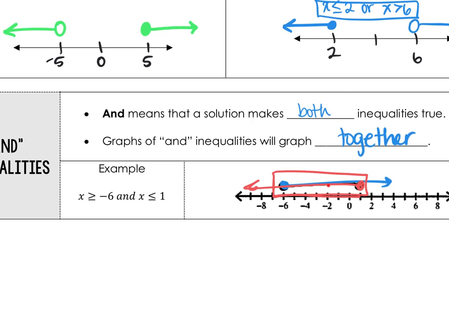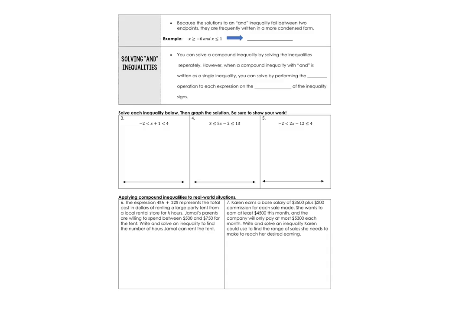So those are solutions that we're showing on this graph, which is why we don't actually see the continuation of these arrows. We just see these endpoints because we're just showing the solutions that make both inequalities true. Does that make sense? Hopefully. Remember, we had these endpoints at -6 and at 1. So I'm putting these endpoints and then, okay, so now